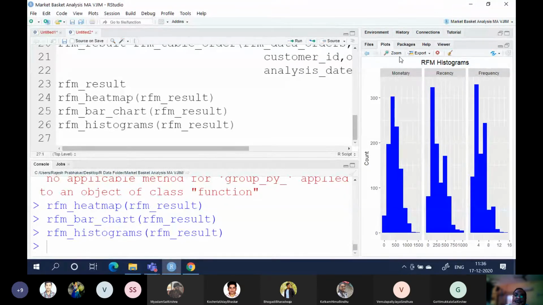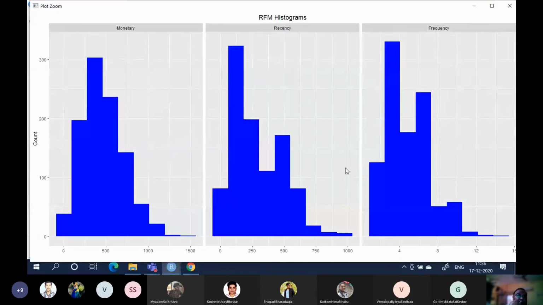Okay, so the 3 histograms are pointing that positive skewness, left side, positive skewness is being pointed in all the 3 histograms.